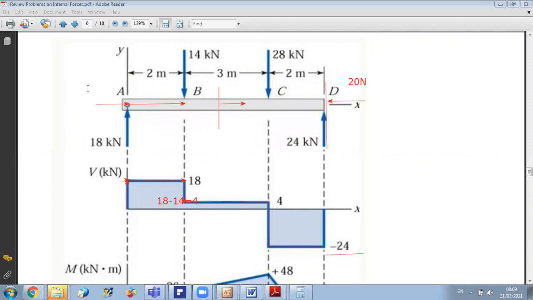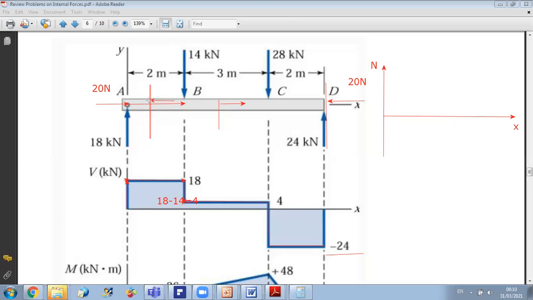These forces will not affect the shear diagram, but they will affect the normal force diagram. So if you draw the normal force diagram N, the variation of N at any section here, what will be the value of N? So this is N as a function of x. If you do a cut, let us take a part, for example, any part of the beam. If you do a cut here, your normal reaction will be, to oppose the 20 Newton, like